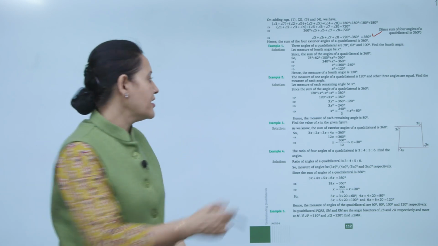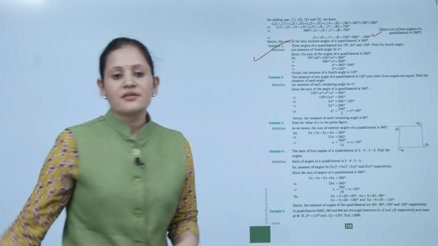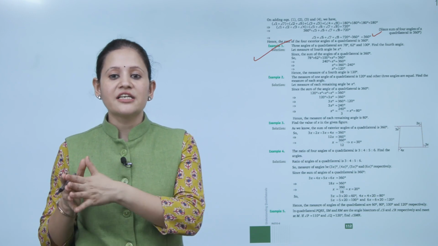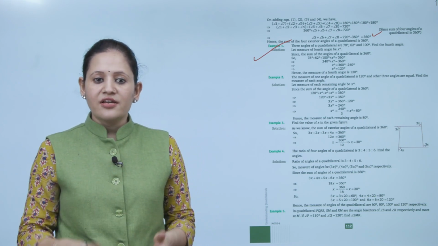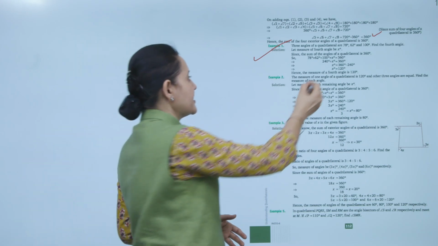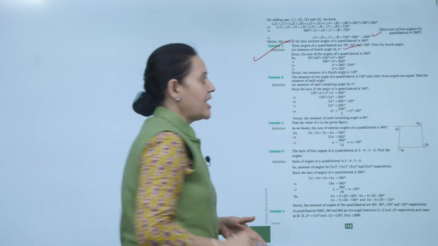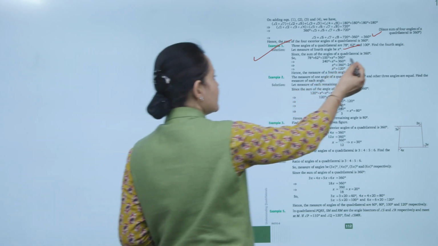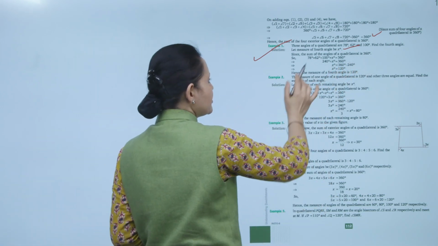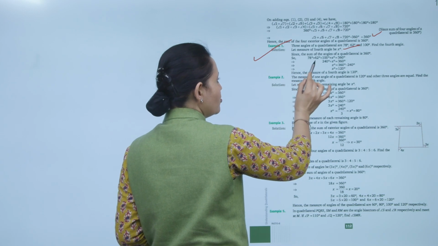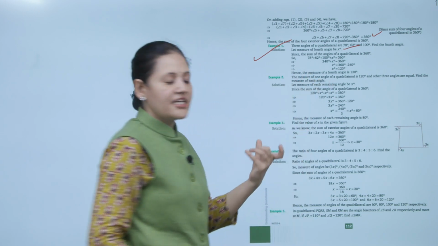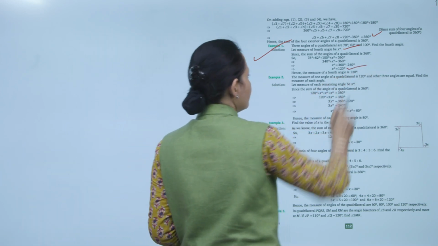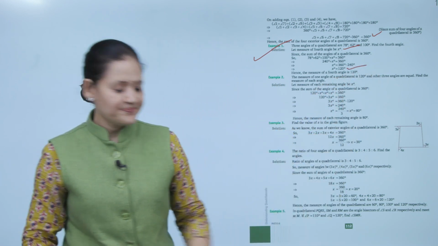Now, we will take an example here. Three angles of a quadrilateral are 78 degrees, 62 degrees and 100 degrees. Find the fourth angle. Let the fourth angle be x degrees. From the angle sum property of a quadrilateral, we know the sum of the angles is 360 degrees. So x degrees will be, we subtract the sum of 78, 62 and 100 from 360. So that is equal to 120 degrees. Clear?